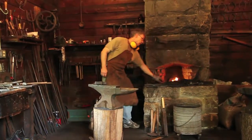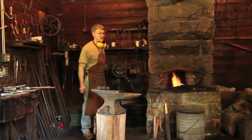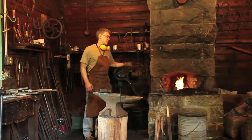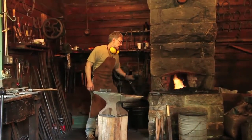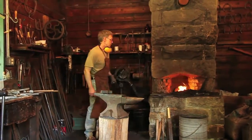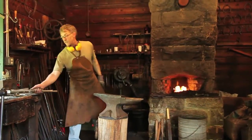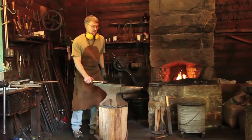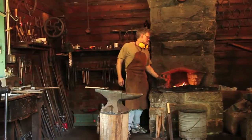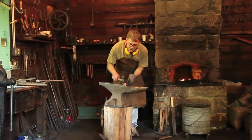Now, the putting of hammer marks on it, we call that texturing, and it's actually a very controlled process to create an impression, to make a flat surface look more interesting in the world of art smithing. And I'll demonstrate a very popular finish from the 1970s when the bicentennial was around, and we were again rethinking the colonial era and everything had to look handmade. That's actually what an 18th century piece would look like. But in our Romantic impression,